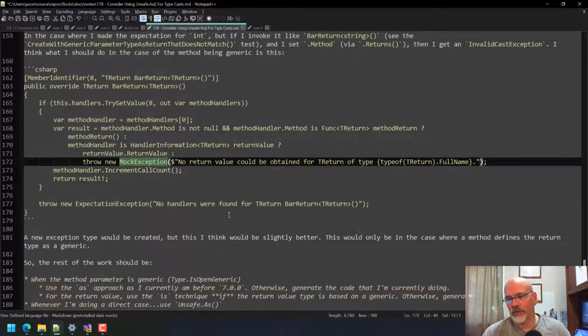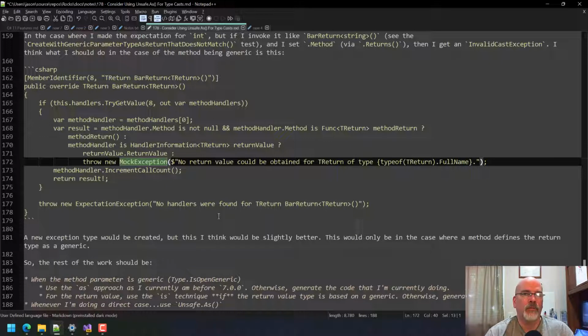And so here's where I've now kind of landed, which is I could do a couple of things. When you hit a method parameter, or for the return case, I'll have to change the bullet points here, but the point is, if I hit a method parameter and it's an open generic, then I can use the as technique that I'm doing right now before 7.0.